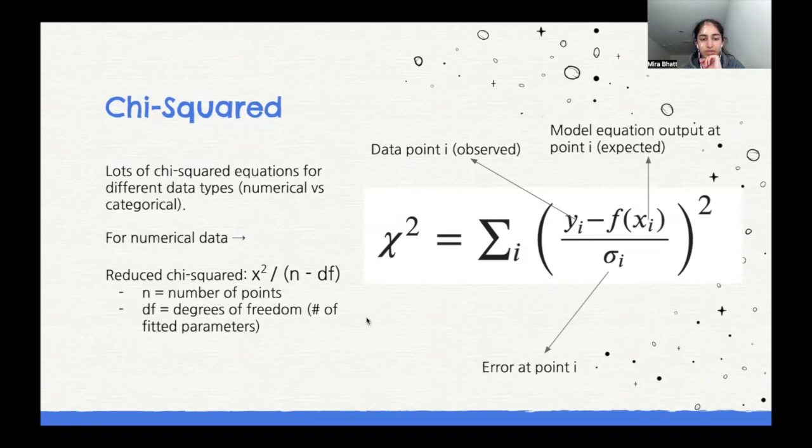Reduced chi-squared is a related concept where you take the chi-squared value that we calculate using this formula, and then you divide that by the total number of points minus the degrees of freedom. The degrees of freedom is a number equivalent to the number of fitted parameters, which is the number of parameters in your model equation. So if you have a linear equation, your two parameters would be the slope and the intercept. We're going to get into that a little longer when we get into SciPy,